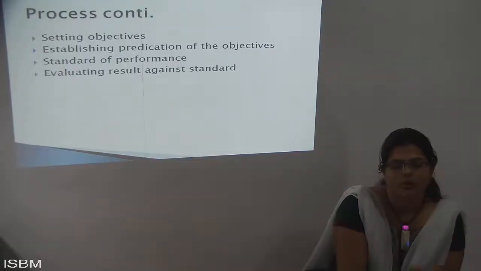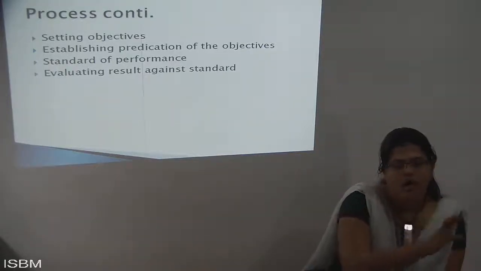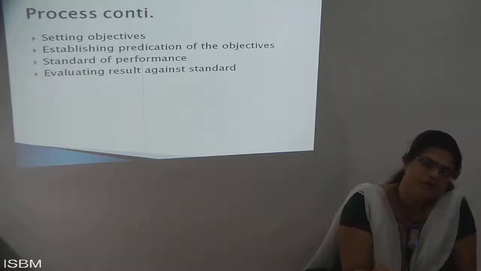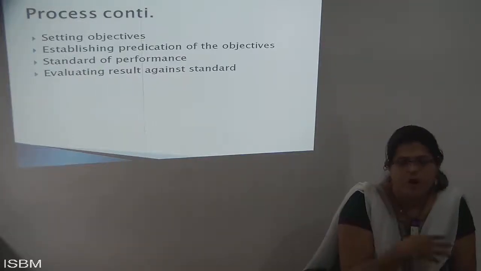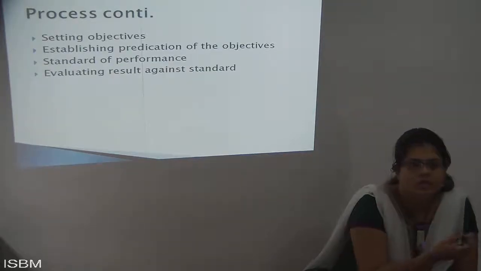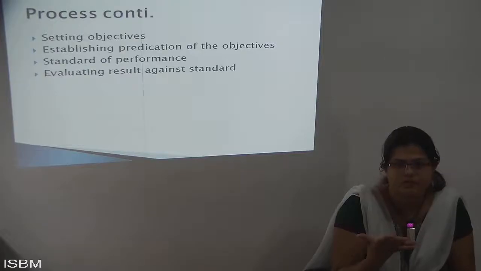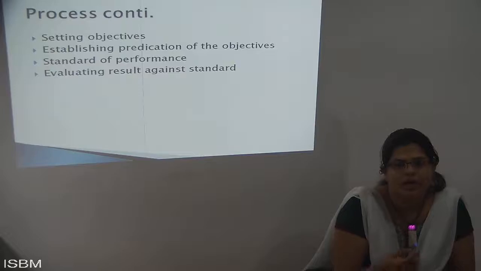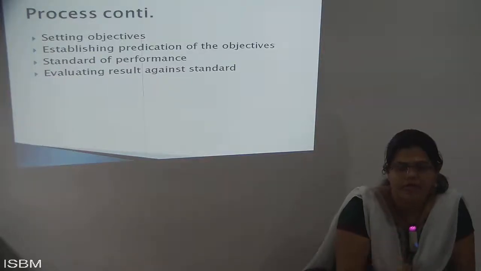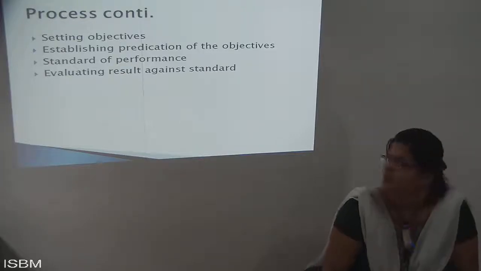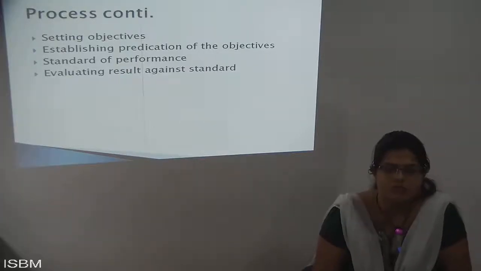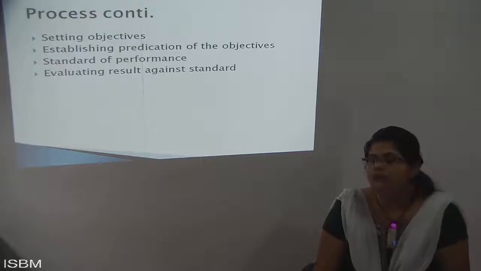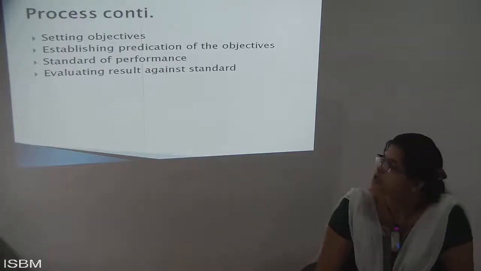So I will know what is right, what is wrong, and where we are lacking in any kind of resources, or where we are going the wrong way in passing decisions, or where we are utilizing resources but still not getting target completion or any goal orientation in the organization. So that is why we use this kind of process to control. For this, the first step is setting out the objectives properly.